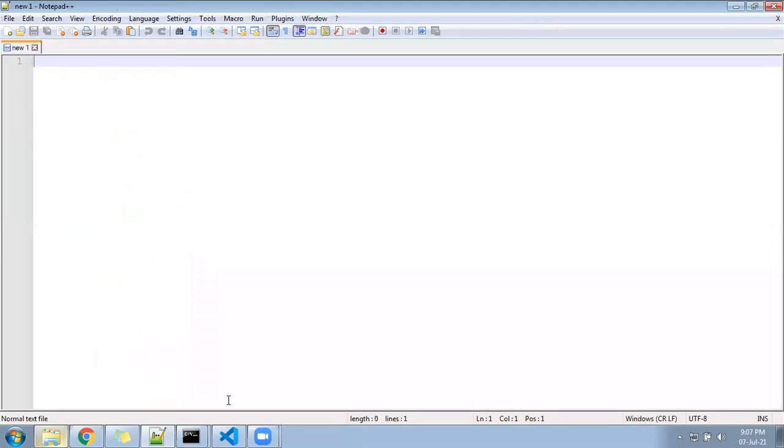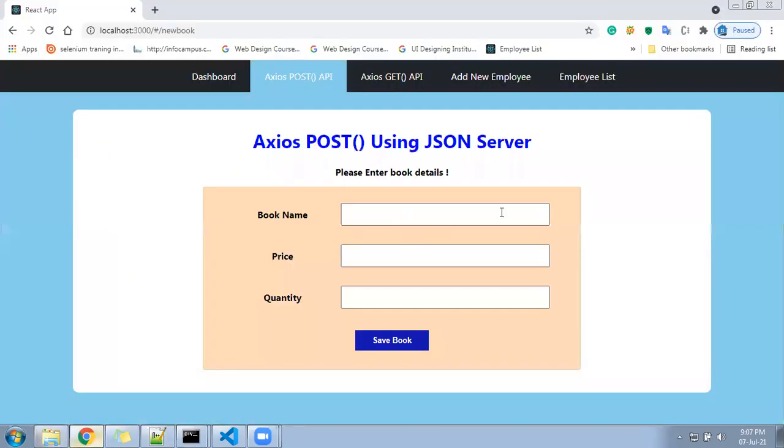Now let me come back to how we are doing this and how to complete the entire assignment we have in front of us. If you say you don't know JSON server, I suggest you go to the same channel, CRM Software Academy, where there is another video on how to set up a JSON server. You can go through that, set it up, and see the first video of this series, on getting Axios data from the JSON server. See the first video, and then come back to the second video, where we'll learn how to post. Let me go ahead and continue with the code next.